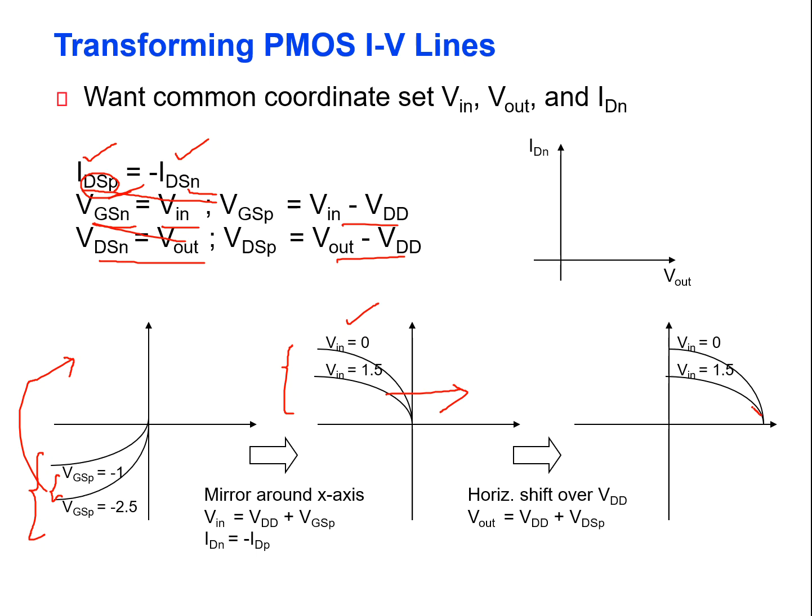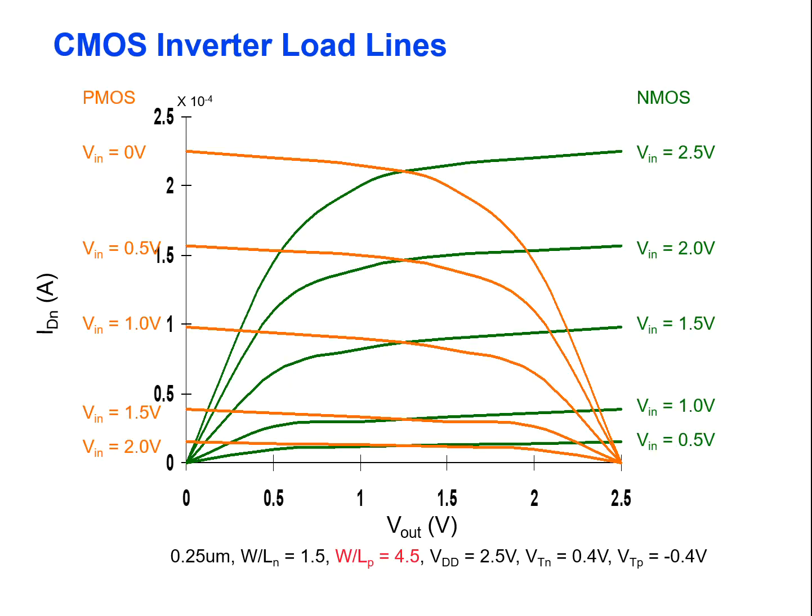Now, as we are using both PMOS and NMOS in the CMOS inverter, we need to merge them using the load line. As you are merging the PMOS and NMOS, the red lines marked here are the PMOS and the black lines marked here are the NMOS characteristics. If you merge the load lines, I am getting the points at this and I am getting the merging at this point, and the DC load line will merge here. If you plot the characteristics and measure it, see here, this is your IDN.